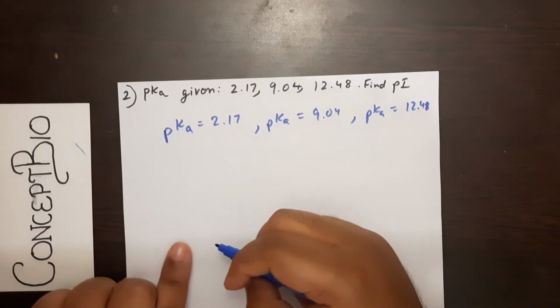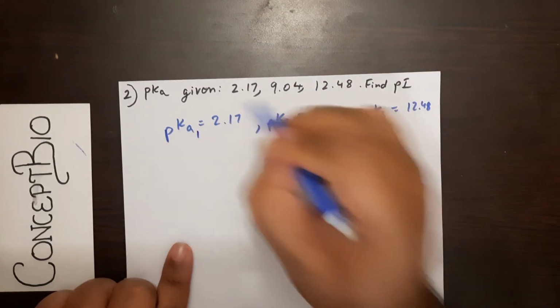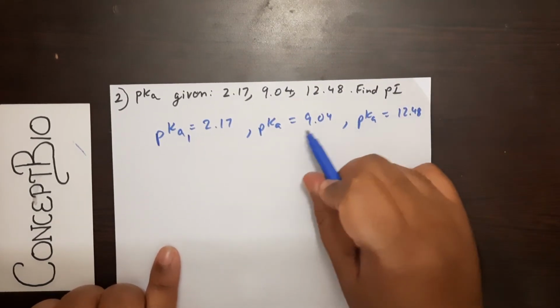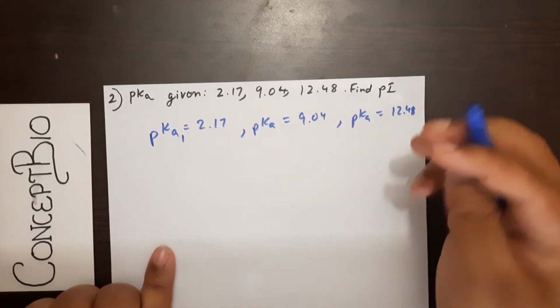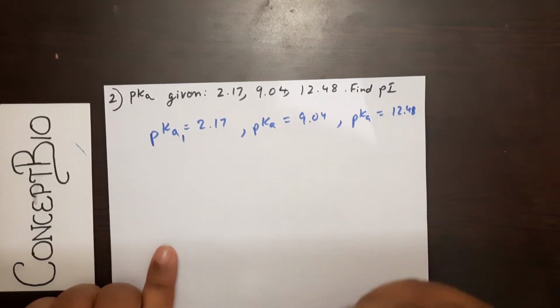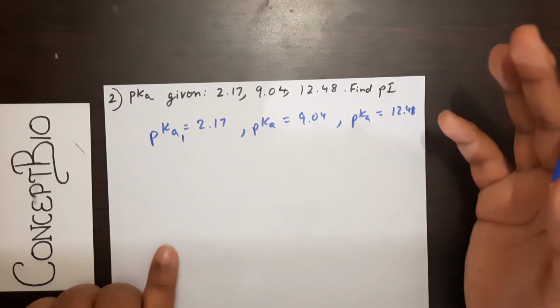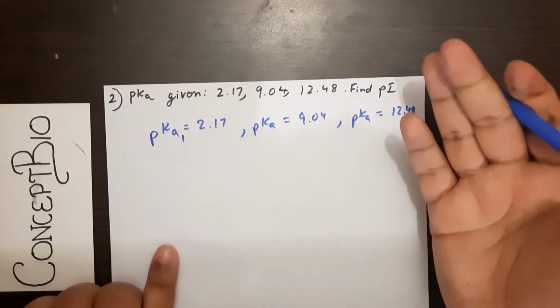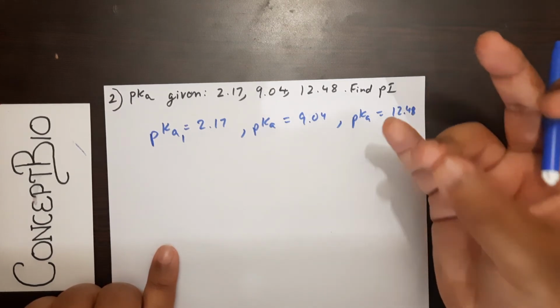Now, if you remember from my previous explanation, 2.17, around the ballpark of 2.6, has to be pKa1. Now the confusion occurs: pKa2 and pKa3, which would it be? Now look at the pK of 12.48. Remember I told you pKa2 will always be in the range of 9.6. Very rarely does it go all the way to 12. If it does, I think it's for proline, but then remember proline is not triprotic, so this can't be a proline structure. This is some basic amino acid like histidine, arginine, or lysine.